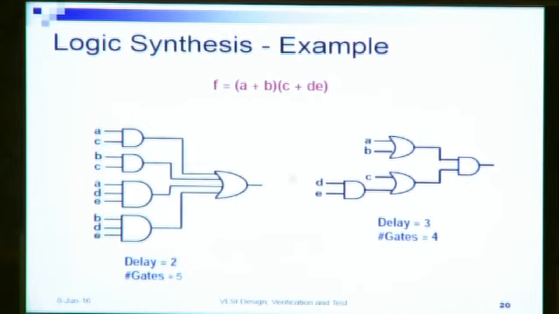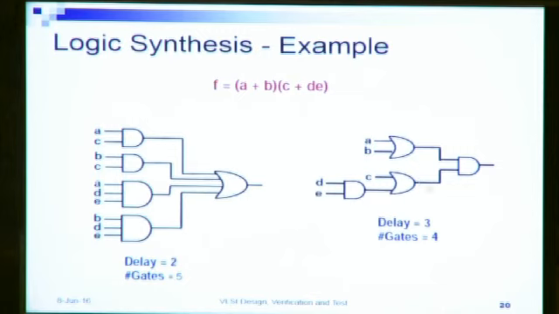If we implement it in the form that we have here, what we have is a direct transformation of this. For A and B, we have an OR gate, and for DE we have an AND gate. The output then passes, together with C and the output of DE, through this OR gate, and finally we have the output at this AND gate. We see that there are three stages in this logic circuit, the delay of the circuit is 3, and the number of gates required is 4.